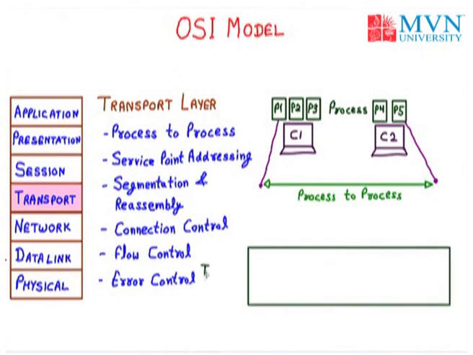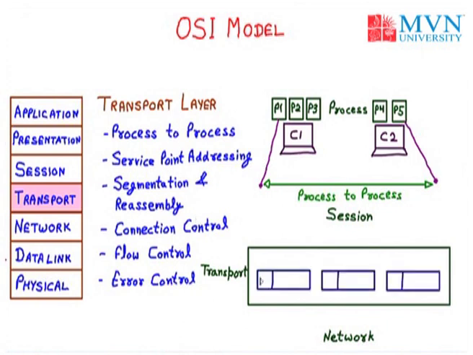So now to understand the various features and functions of the transport layer, let us take the example of a diagram. Here we have the transport layer. Above it we have the session layer, and below we have the network layer. Now we know that the transport layer is used for segmentation. Segmentation means data is divided into various segments. The network layer sends the data and the transport layer divides it into segments. So now we are taking three segments.